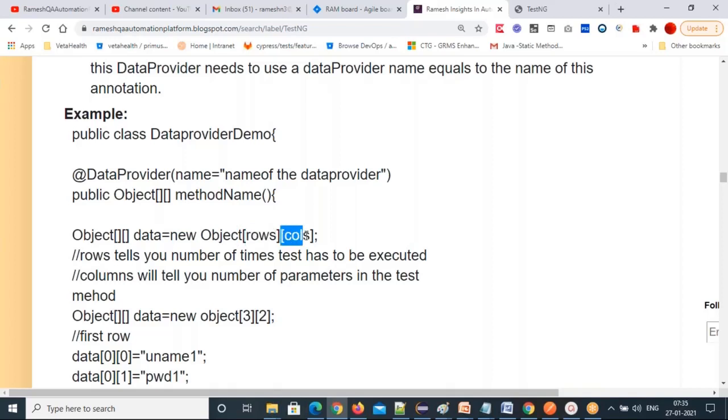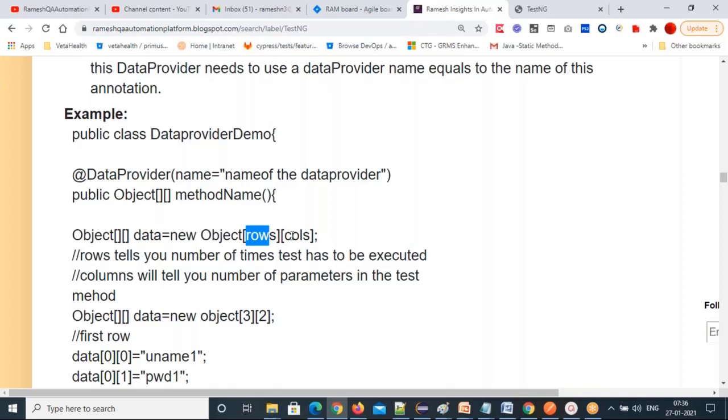That's the two-dimensional object syntax: data type, two square brackets, array name equals new Object, and you have to give rows and columns. How many rows, how many columns are there?